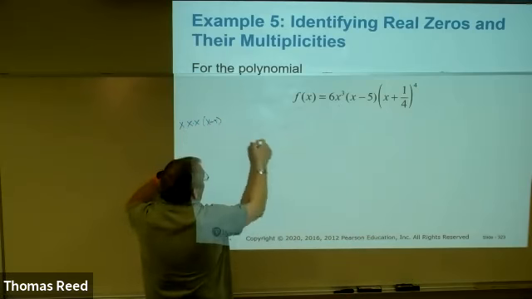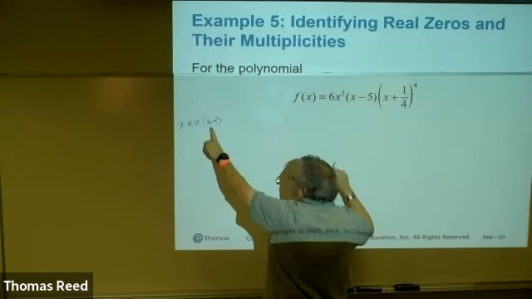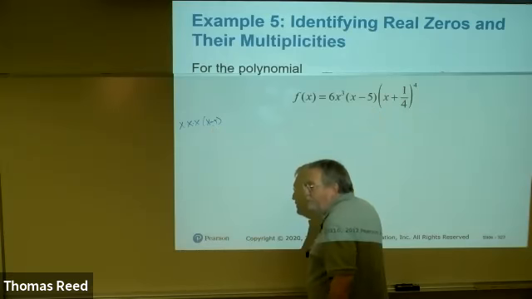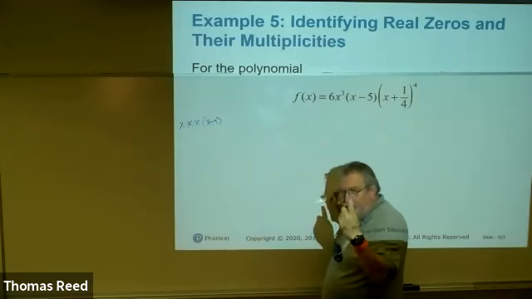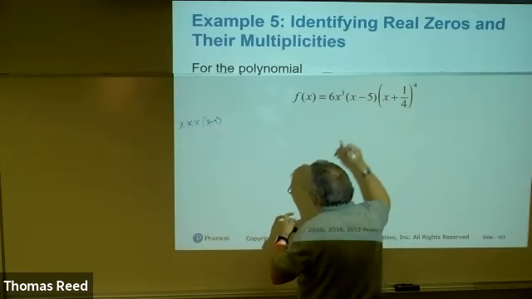X minus 5 has an exponent of 1, so it only shows up once as a factor, and so 5 will show up as a 0 exactly once. And x plus 1/4,